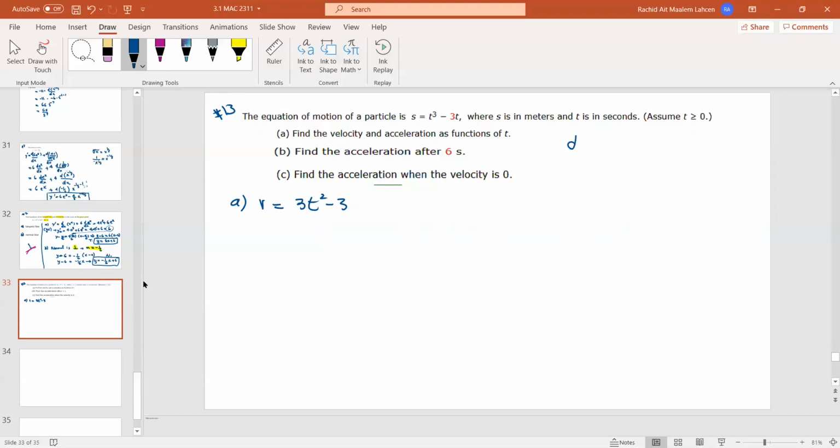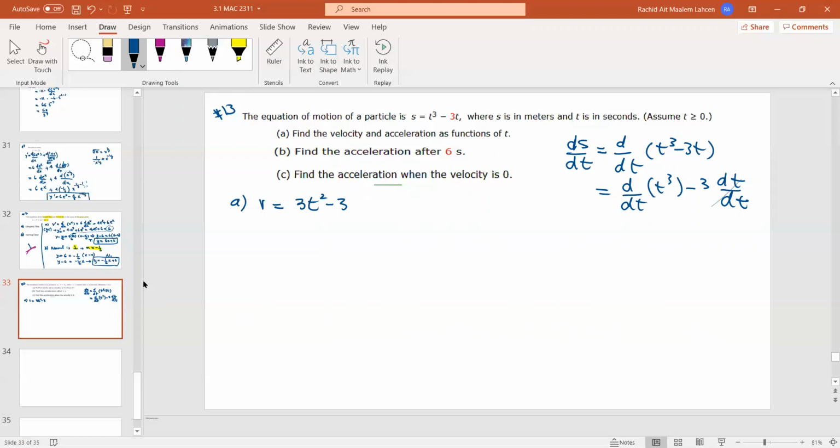So here it should be ds over dt of this, and when you split it, it becomes